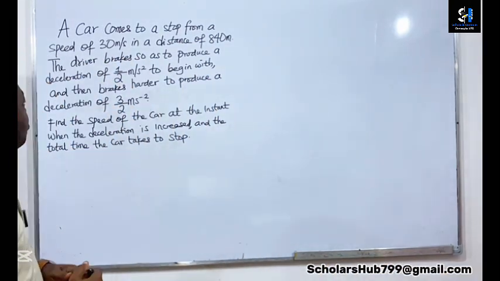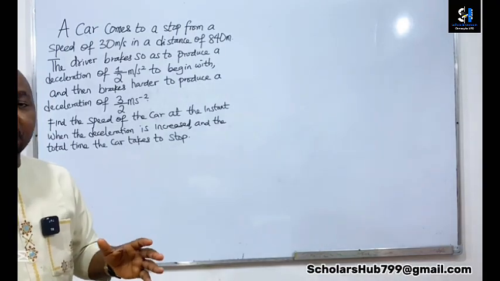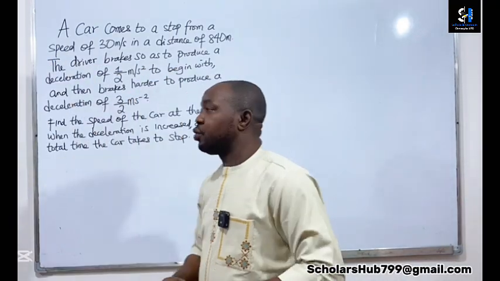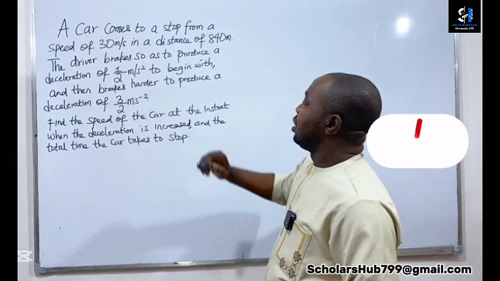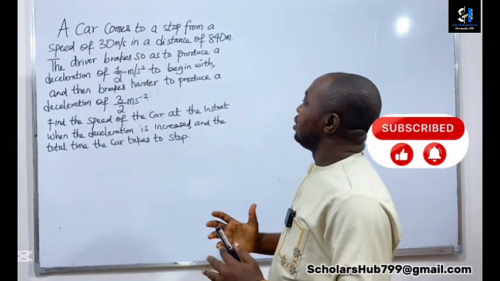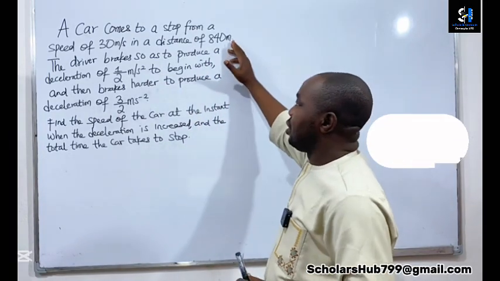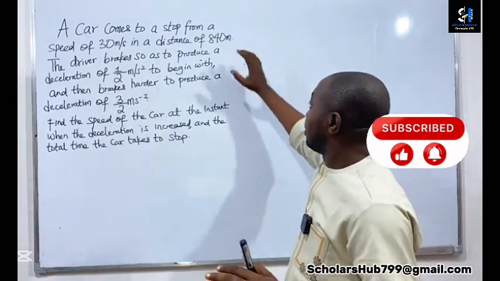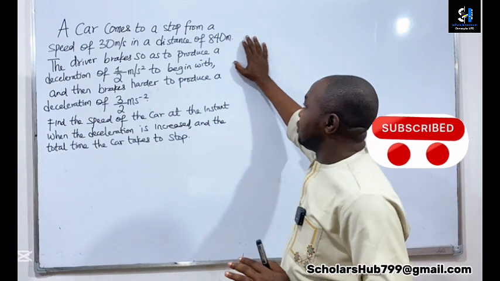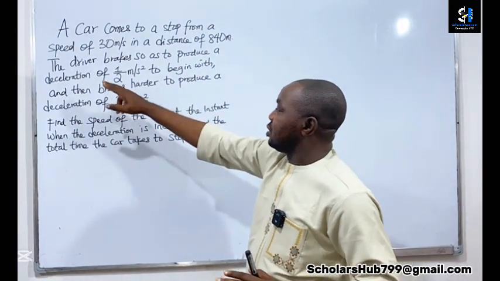Okay, now here is a question on velocity and acceleration. Now let's read the question together. A car comes to a stop from a speed of 30 meters per second in a distance of 840 meters. Which means the total distance in this case has to be 840 meters because it is given that